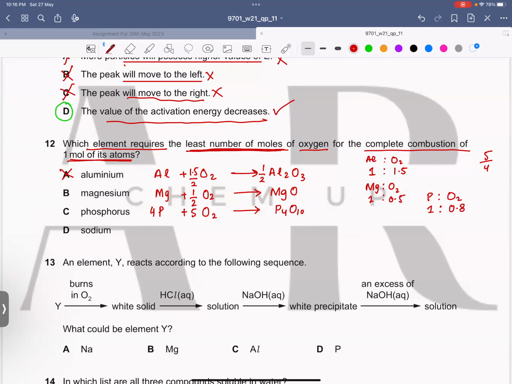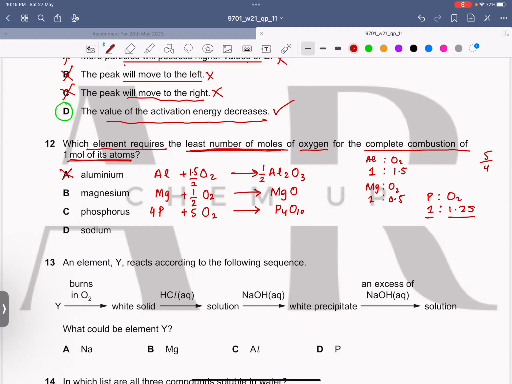5/4 is 1.25, which is what I said first. Then you were saying 4/5, which is 0.8, but 5/4 is 1.25. It's 5 over 4. Okay, 1.25. So see, sir, for 1 mole of phosphorus, we need 1.25 moles of oxygen, which is still